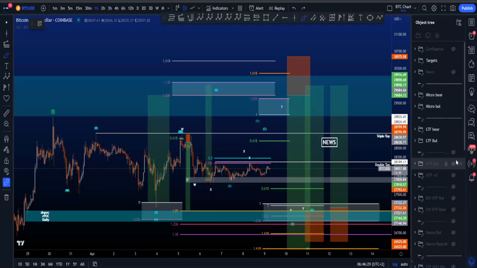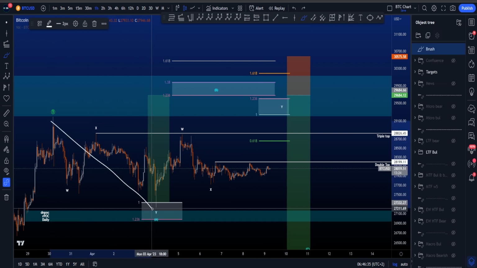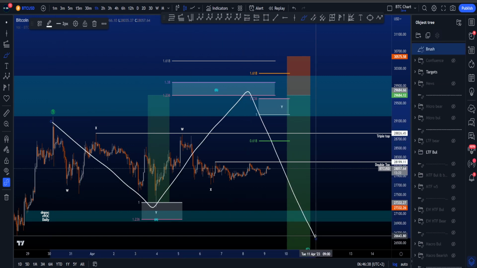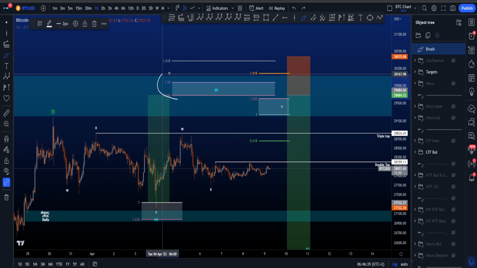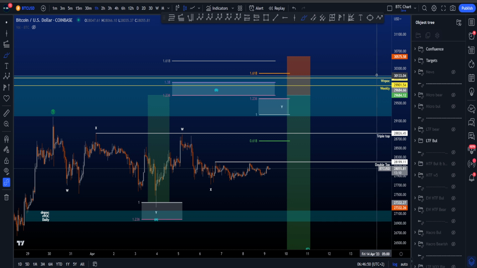Hi everyone, let's look at my low time frame and micro scenario, starting with the more bullish Elliott Wave scenario on the Bitcoin chart, where I'm looking for this to be a wave A, B, and then a wave C to the downside, where wave B, most common target, is between the 1.236 and the 1.38, pulled from the high of 5 to the low of this wave A, which is between 29.6k and 30k, which also has nice confluence